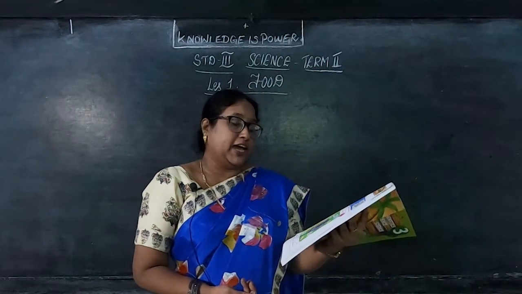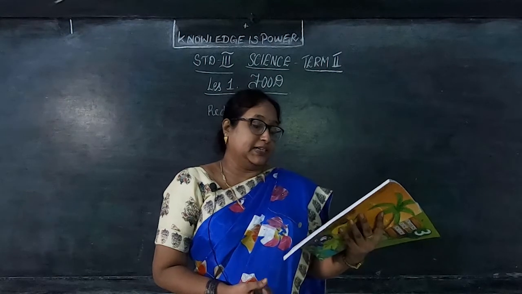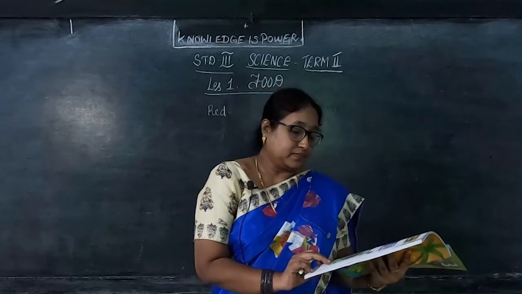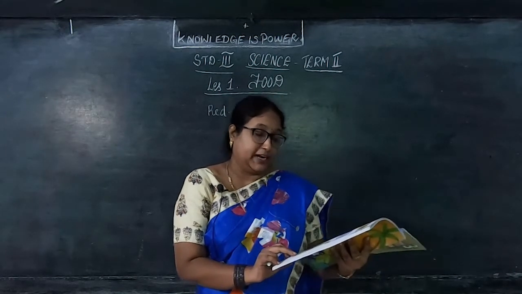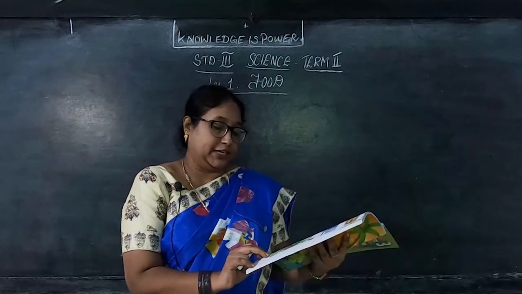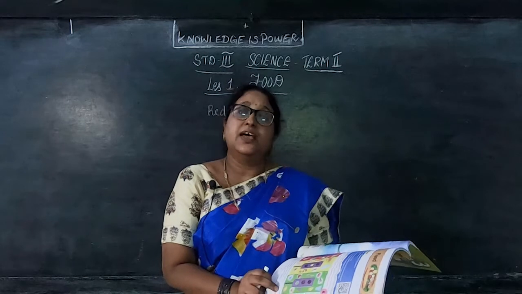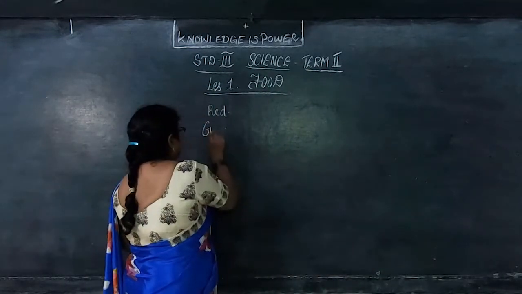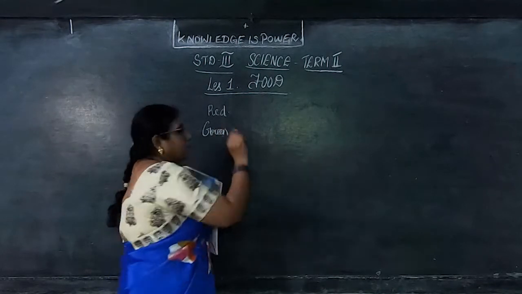Then food items which are healthy. Healthy means that is in the green color given here. Like carrot is given here, banana, then water, then nuts, potatoes, all these are given. So these are the healthy food for you. So the second one, healthy food, is green color. Okay, children, so it's given as green.